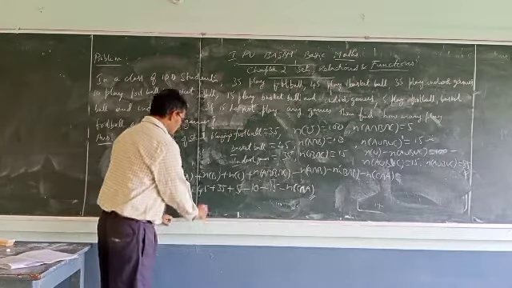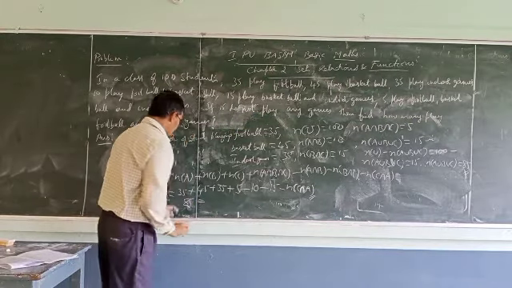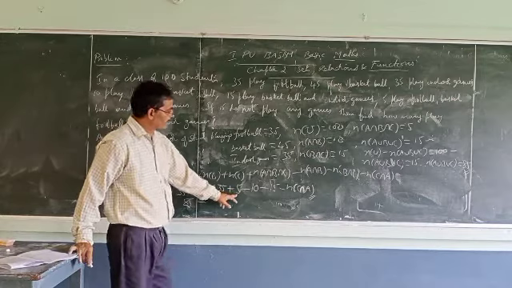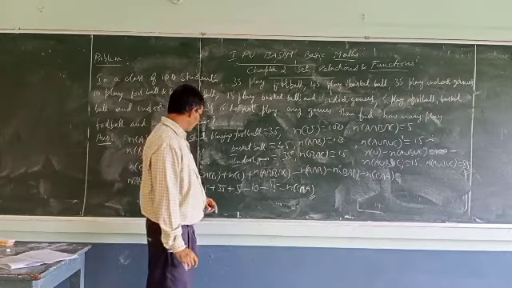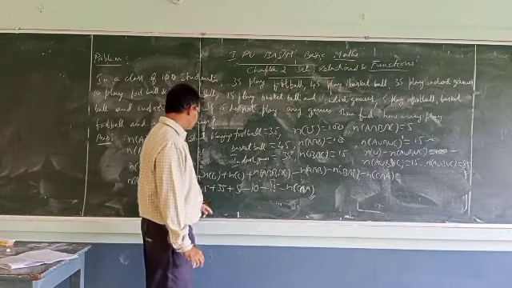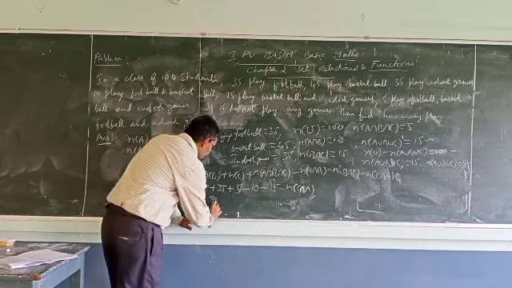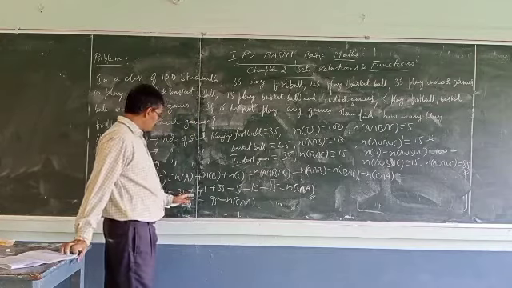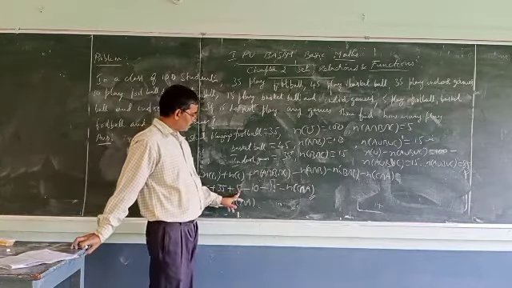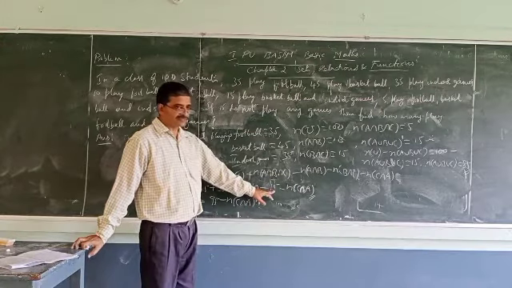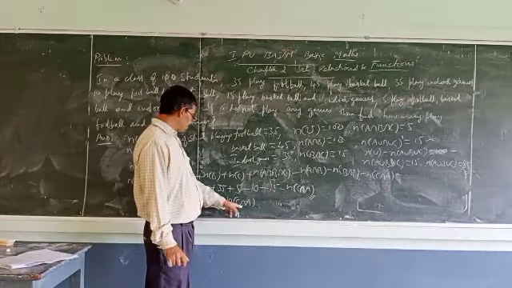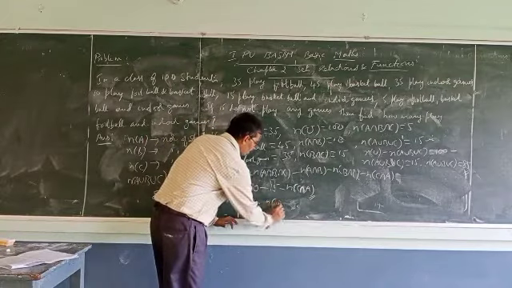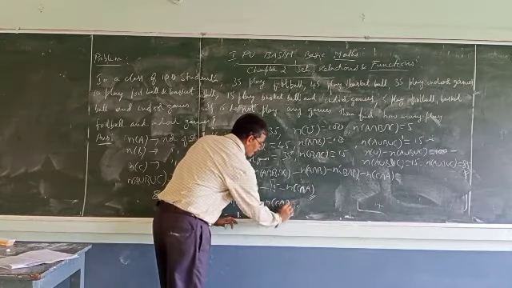So 85 equals 35 plus 25 is 60, plus 35 is 95, plus 5 is 100, minus 10 is 90, minus 15 is 75, minus N of C intersection A. Let's recompute carefully by simplifying: 85 equals 95 minus N of C intersection A. So N of C intersection A equals 10.